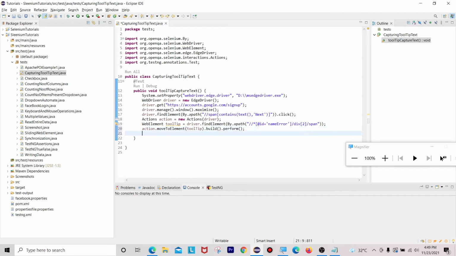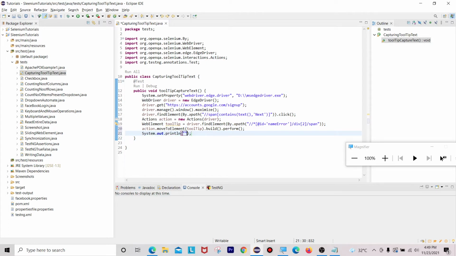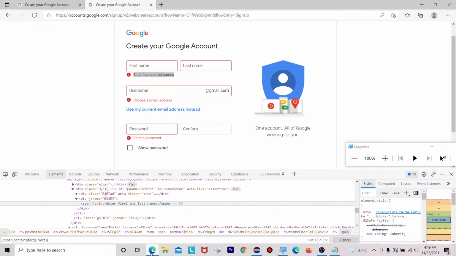Now I'm going to use a System.out.println statement here, because I want to print the text present inside that particular tooltip, that is the first tooltip. Here you can see "Enter first and last names."